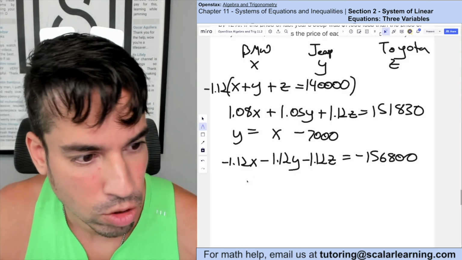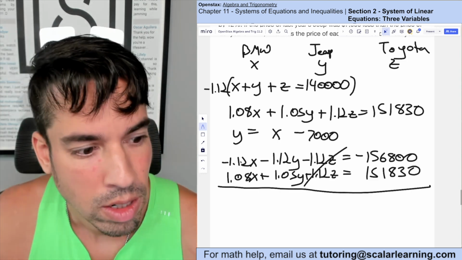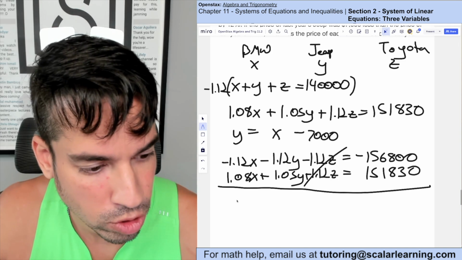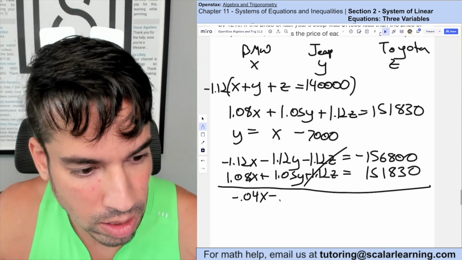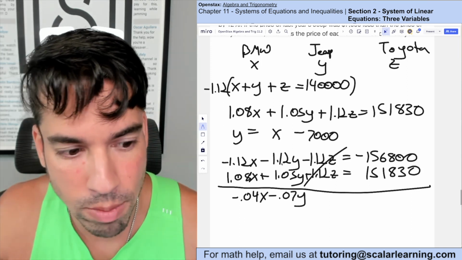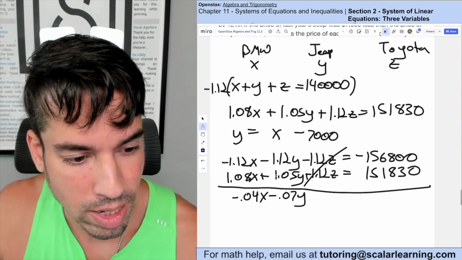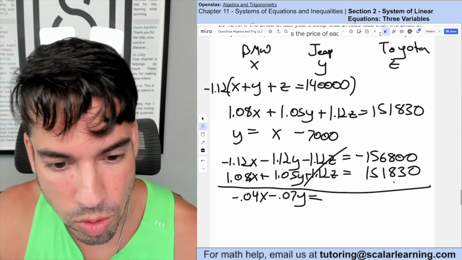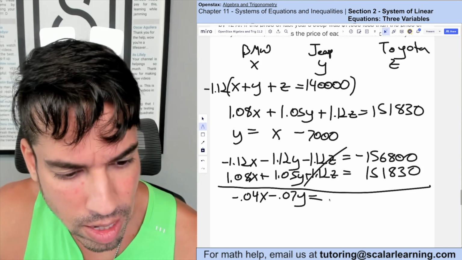And then we're going to leave this equation as is. Now we're going to add these two together. These, of course, are going to cancel out. Negative 1.12 plus 1.08, that's negative 0.04x. Here we have negative 0.07y, right? 1.12, basically minus 1.05, or that negative plus that positive. And then this equals basically this minus this, right? But our answer is going to be negative,